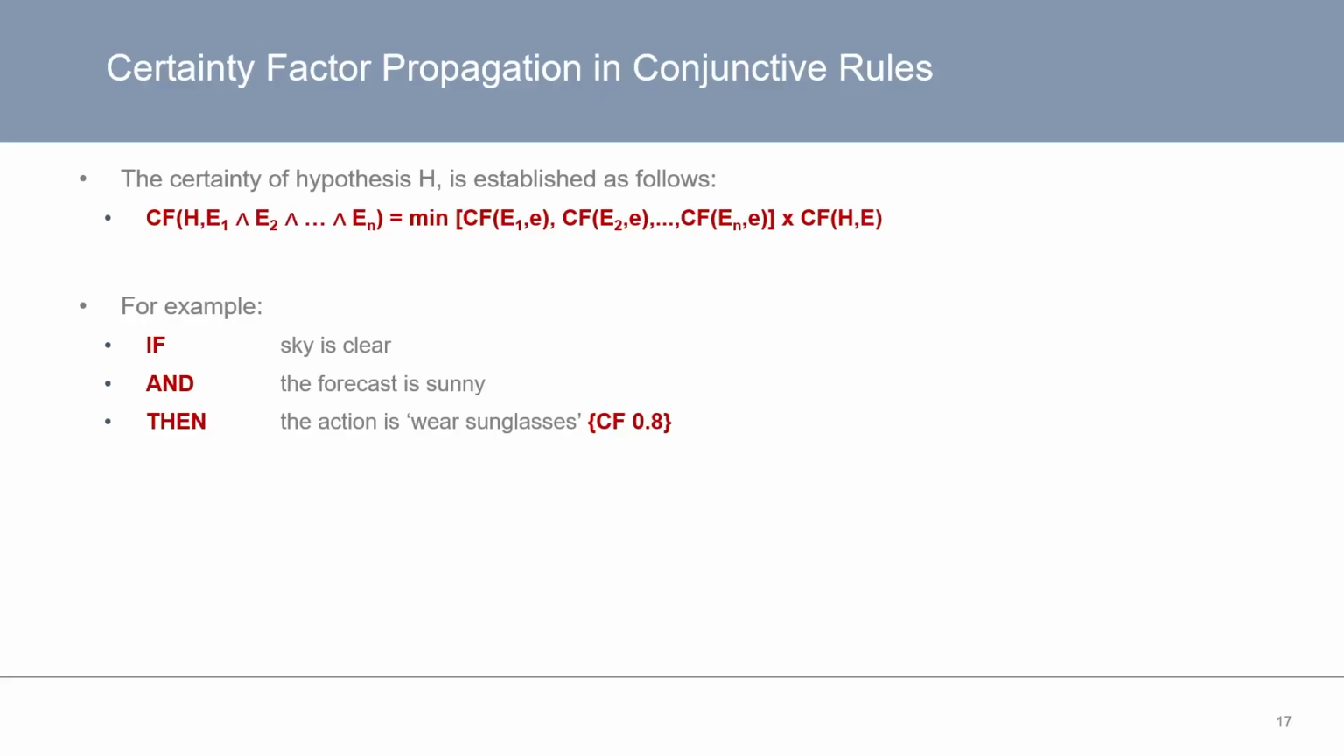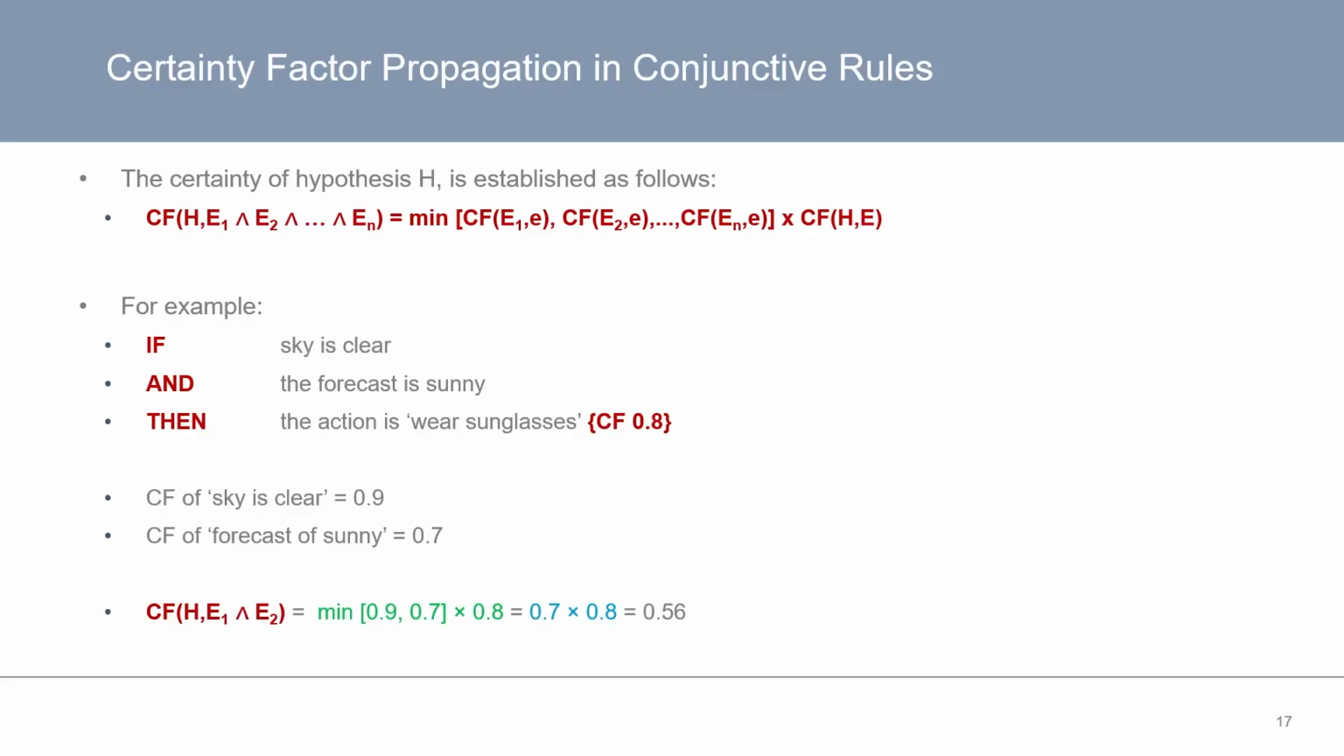then action is to wear sunglasses with a certainty factor of 0.8. We assume that the certainty of sky is clear is 0.9 and the certainty of forecast of sunny is 0.7. Now we can calculate the certainty factor for our new fact, or action in this case, being to wear sunglasses. From our equation above, we see that this is calculated as the minimum of the evidence certainty factors, which in this case is 0.7, multiplied by our rule's certainty factor, which here is 0.8, giving us a final certainty factor